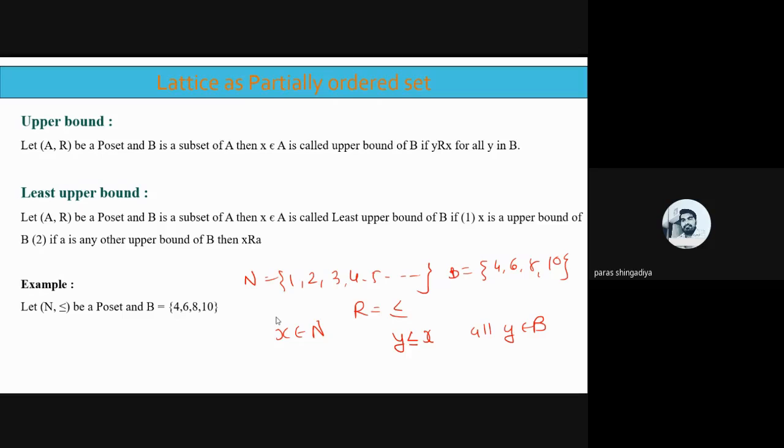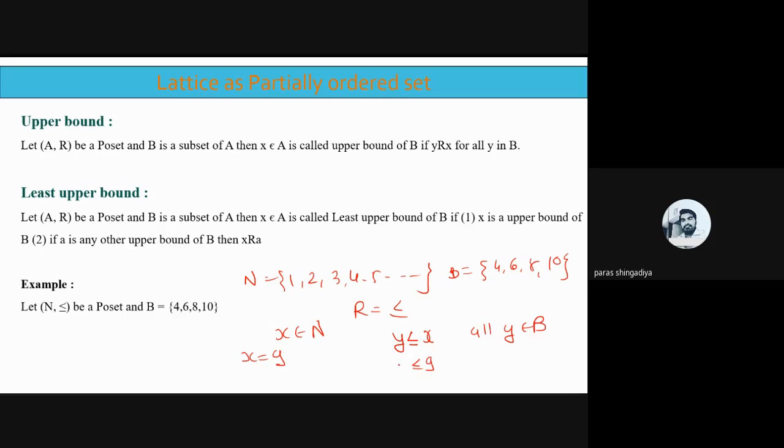Let us start with this number. First number considered as X equal to 10. Why can we not consider X equal to 9? Because 9 is not a possible value. That 9 is not the upper bound. Why is it not the upper bound? If you consider X equal to 9, let us take, and after that we'll check for 10. X equal to 9, and consider here a 9.